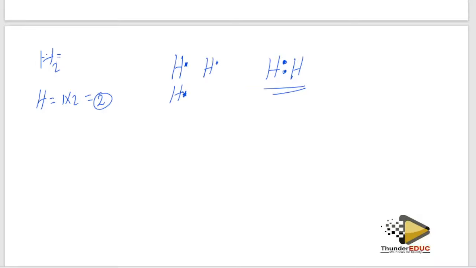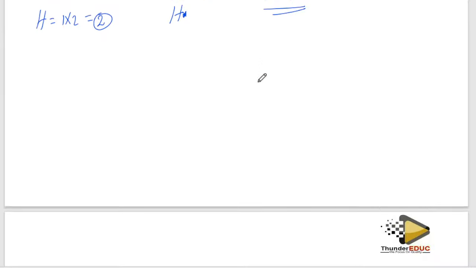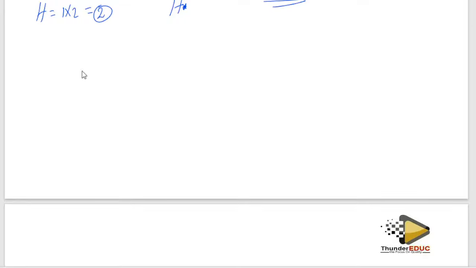So at least you have to know how to draw the Lewis diagram of hydrogen, fluoride, water. Yes, I'm going to talk about the water, I'm going to talk about the ammonia, and then I'm going to talk about the dative bonding. Because that is what is going to cost you a lot of marks.